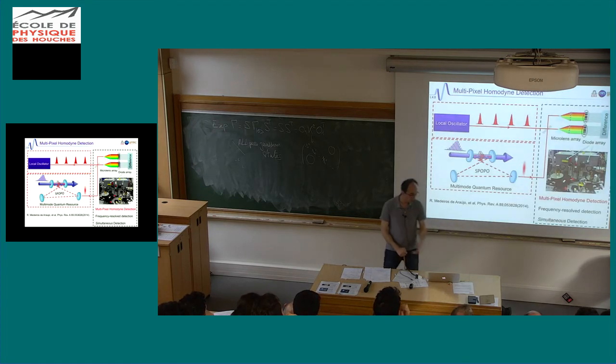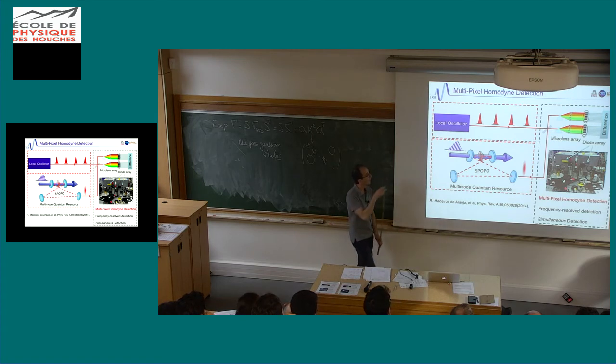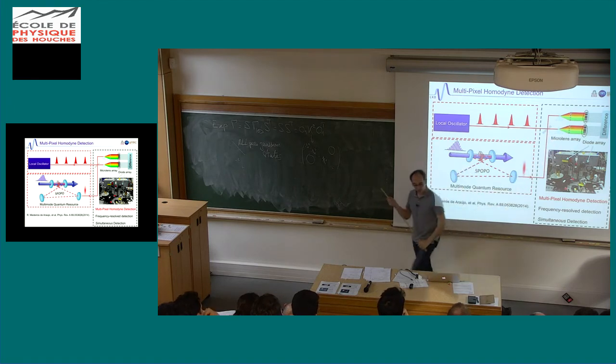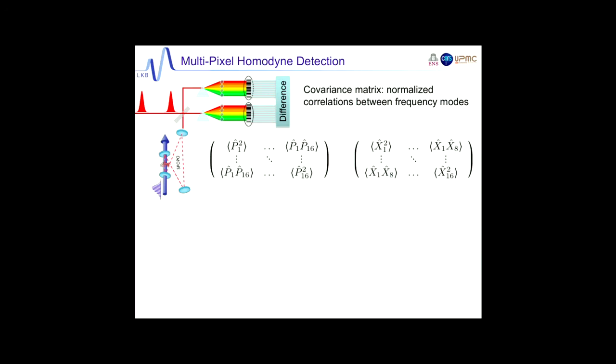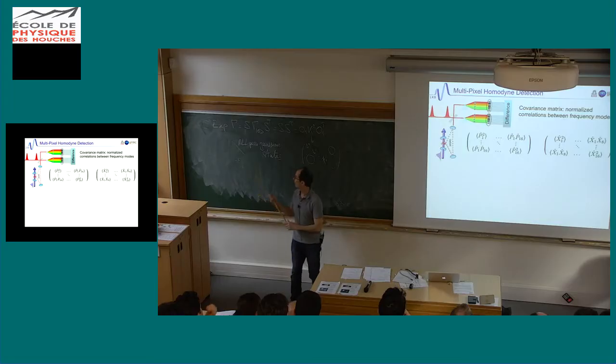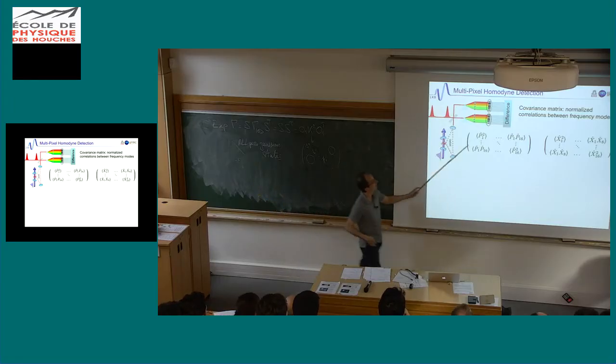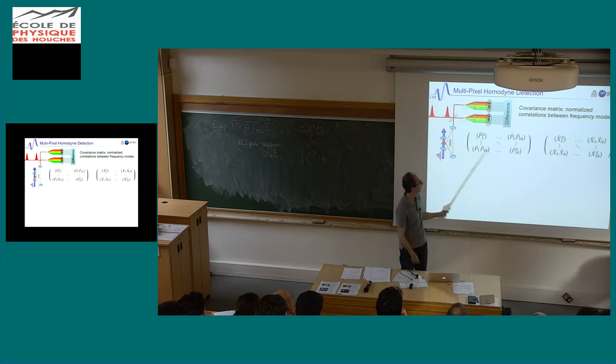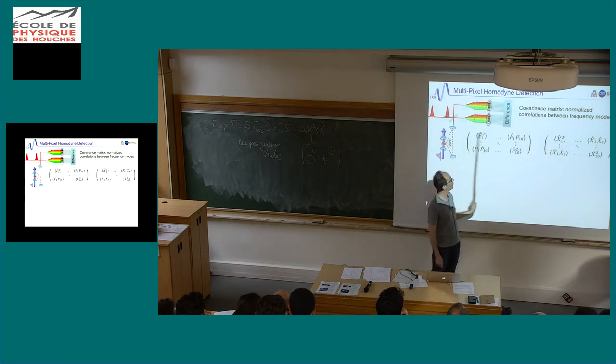So the experiments we do look a bit like that, and doing that you can measure all your signals. This is nice because it means you can measure your covariance matrix, which I defined here. If you have 16 pixels, so in practice we have 8 and we have to do some trick to get 16, but the concept is the same, you can measure your covariance matrix.